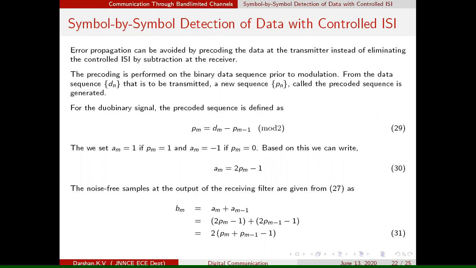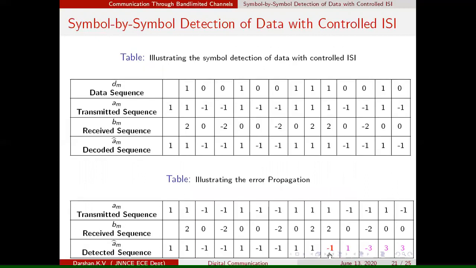So what we are doing is, before transmission of the symbol, I repeat, before transmission of the symbol, we are going to do a process called pre-coding. So why, what are we doing over here? Pre-coding, I have just told you pre-coding. Why do we need to do pre-coding? Because we have observed there was an error propagation.